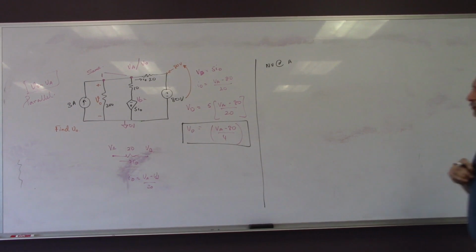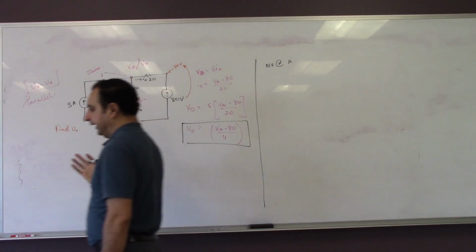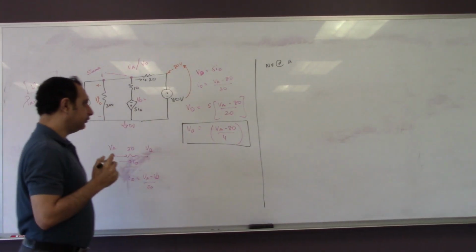Okay, when I do node voltage at A, 3 amps is flowing into the node, so we'll write this as